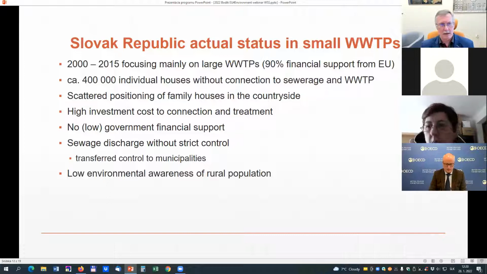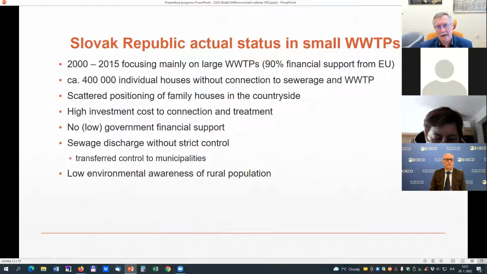So, some actual status of the Slovak Republic in the small treatment plants. In the last years, we were focusing mainly on the large wastewater treatment plants because the financial support from the EU was for large wastewater treatment plants. The smallest treatment plants were forgotten by our government. We have more than 400,000 individual houses without connection to sewage and wastewater treatment plants. It is a huge amount of houses, of individual systems, and we need to upgrade these houses with connection, with treatment, and so on. The problem is that these houses are scattered